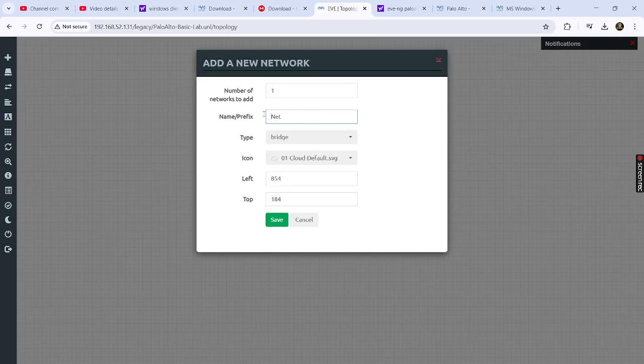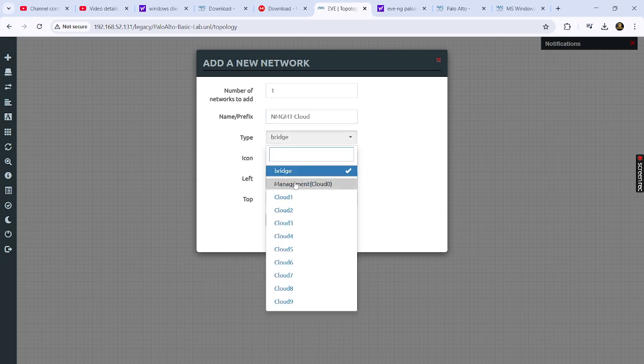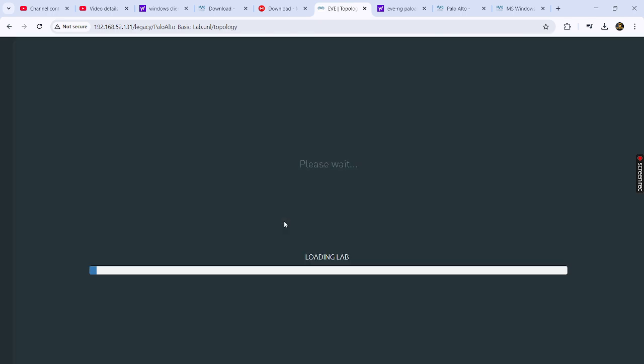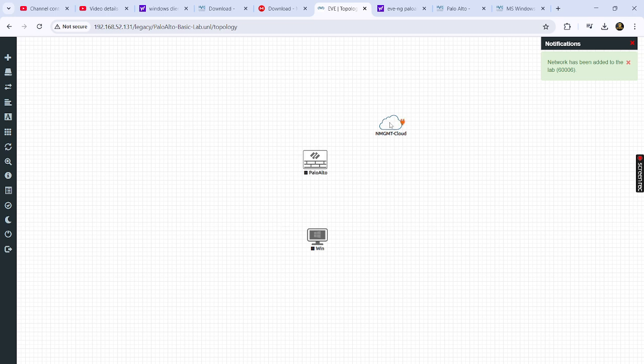Click on the network. You can see the name or prefix. If you want, you can modify. I will name it management cloud, and in the type we are seeing the bridge, right? From the drop down we will select the management cloud. Okay, click on the management cloud and save. See here, the management cloud is ready.